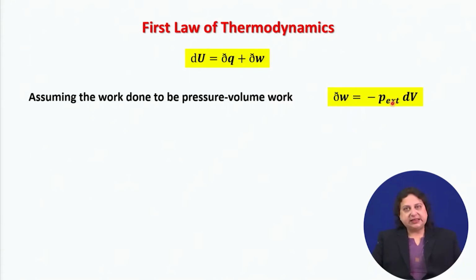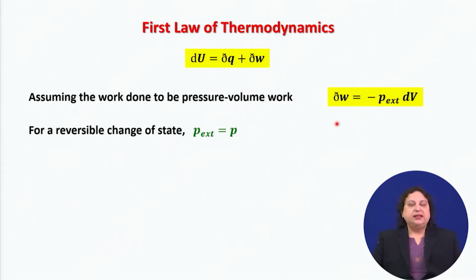We have seen extensive application of this, and we have also seen that for a reversible change of state, by the design of the process, at every stage of the reversible change we can equate the external pressure to the internal pressure of the gas. If I put this back, then dW becomes minus P dV, where P is the internal pressure of the gas, and then if I put that expression in the first law of thermodynamics, I get dU is equal to dQ minus P dV. Now, this is going to be the starting point for us to extend the application of the laws of thermodynamics